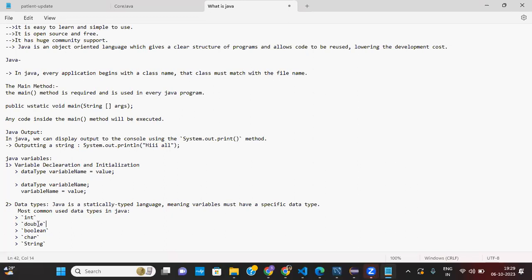Float and double are two data types, and double can store larger values than float. Everything has its range. Integer can hold some kind of range, like 10 to 12 digits. In the same way, double can store a certain number of digits after the decimal. Float is lower than double.